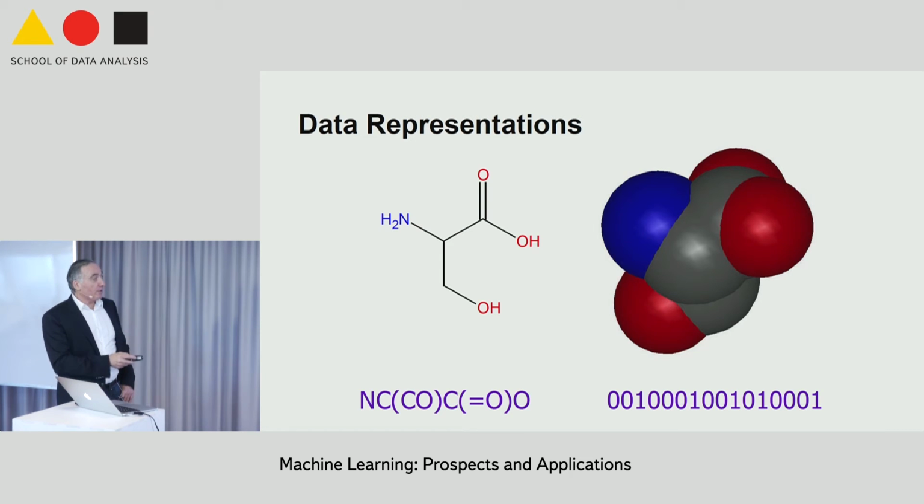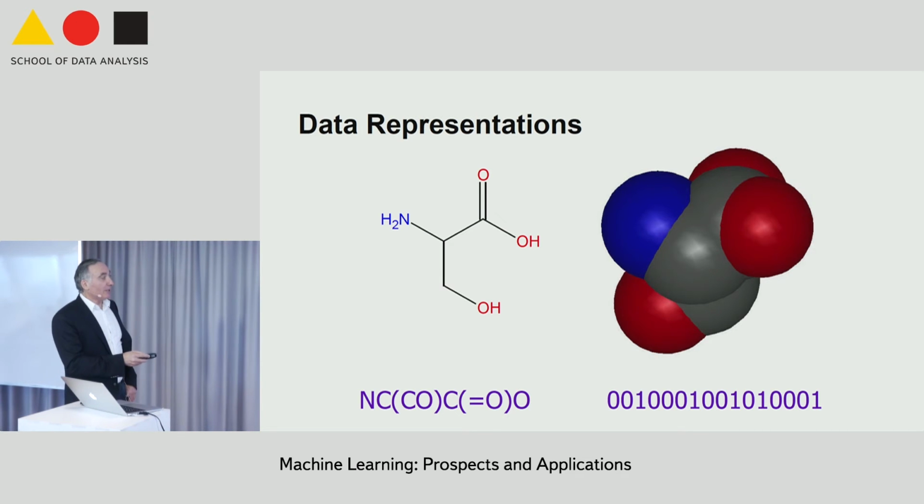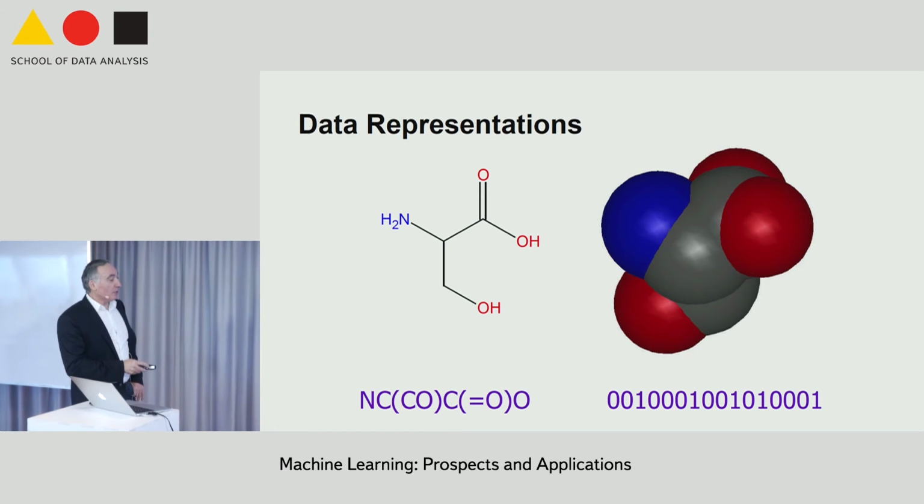Of course, this is a three-dimensional object, so I could give you the XYZ coordinates of the nuclei in this molecule. You can represent it as strings over a language called SMILES, and I can teach you how to speak SMILES in 5 minutes. You take this molecule, you start with the nitrogen. You can forget all the hydrogens because they're only there to fill the valence rule, so forget the hydrogens. Nitrogen, you go here, then you can go left or right. So this is a carbon.